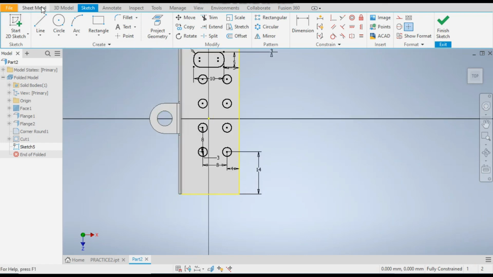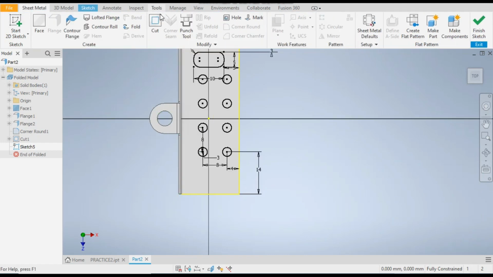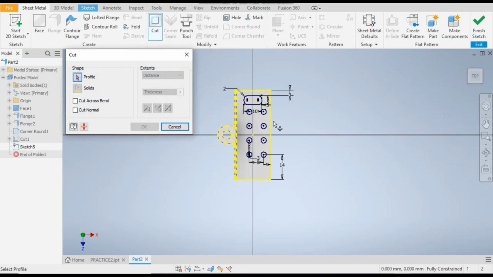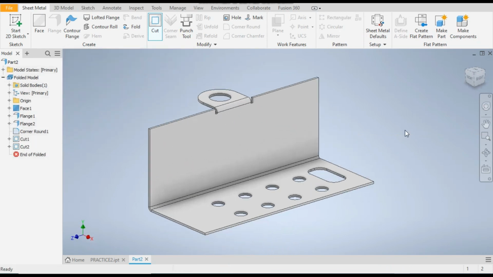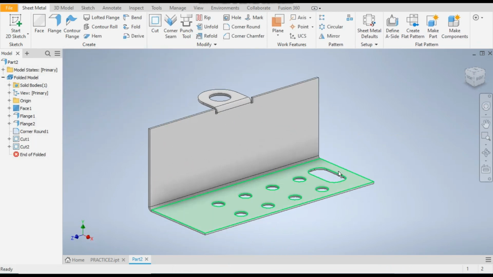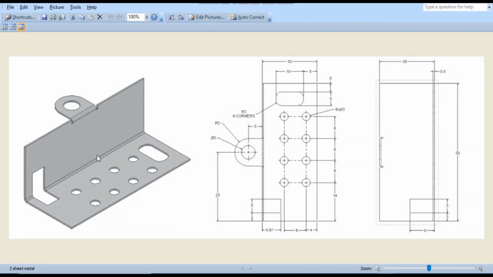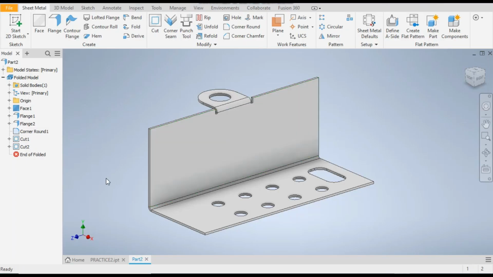Now go to sheet metal, select the cut command, select all the profiles at once and okay. Now these profiles are made. Now we have to make the side cut. For the side cut, we will go to